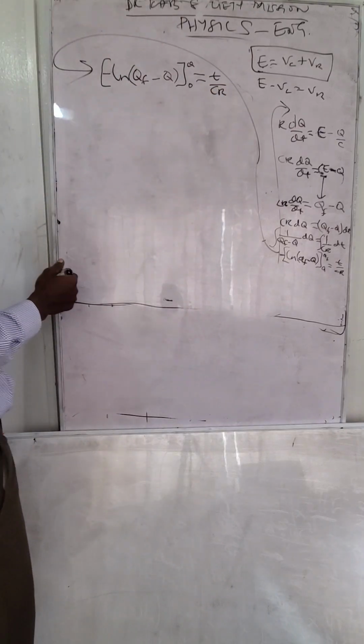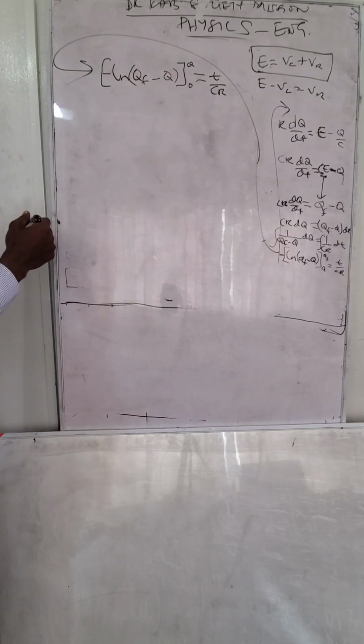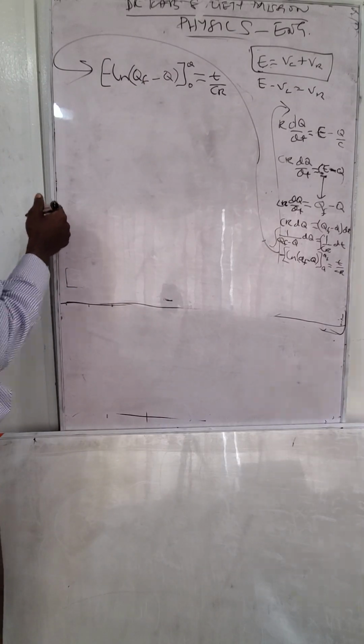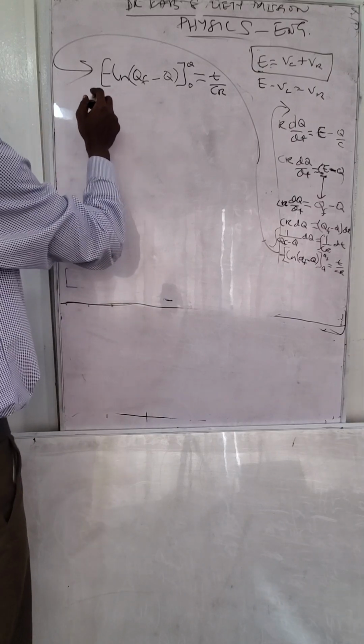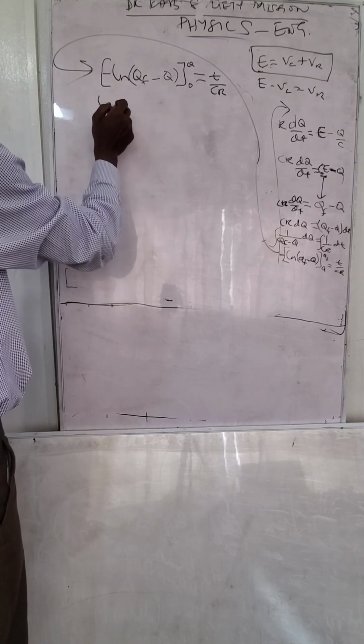So let's see how we see T over CR. Now let's see how this will go. Right, now this is going to give us